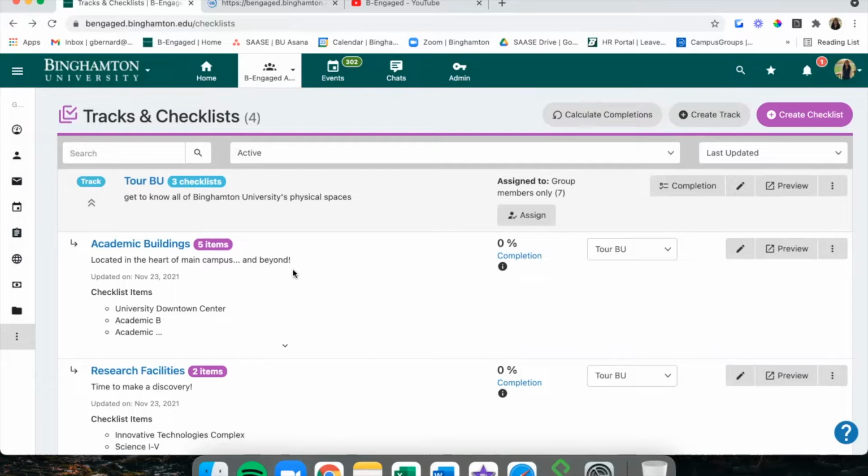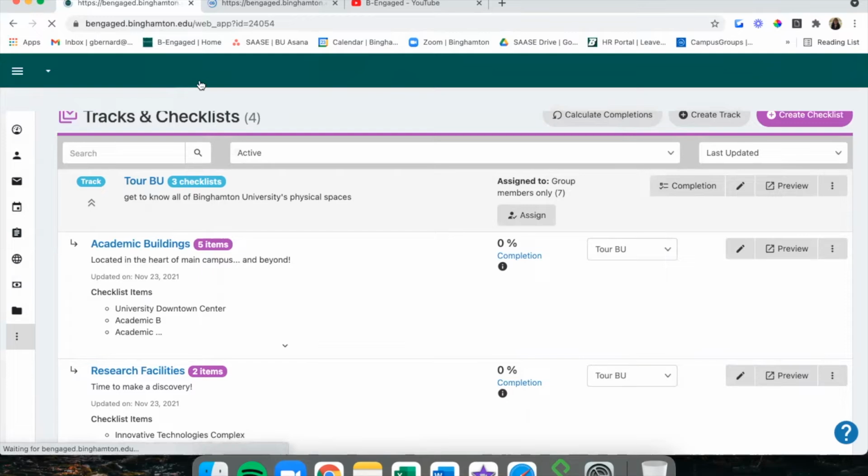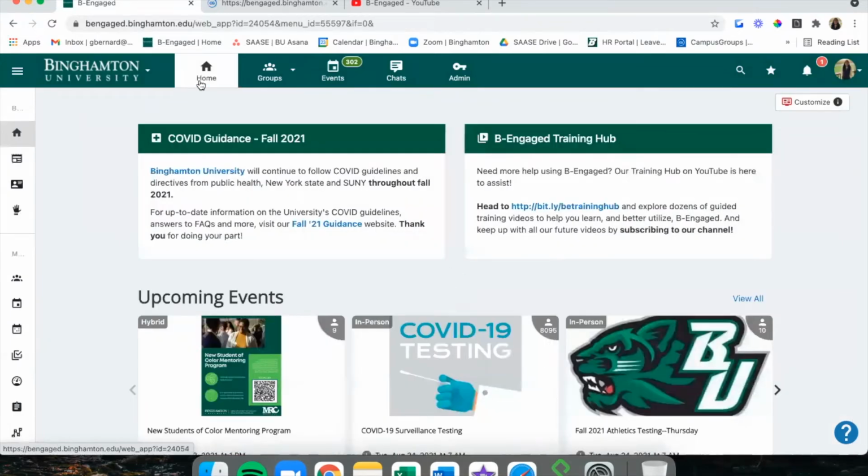Moving on to number 9, service hours. You might not know, but you can track service hours within Be Engaged. So if you're an officer of a group whose members occasionally or regularly do community service hours, whether that's on campus or out in the community itself, you can track all of that within Be Engaged. There's a few elements to that. So I'll show you where to find the different places where you'd be able to track your service hours and also list any of your group's events that might be service opportunities.